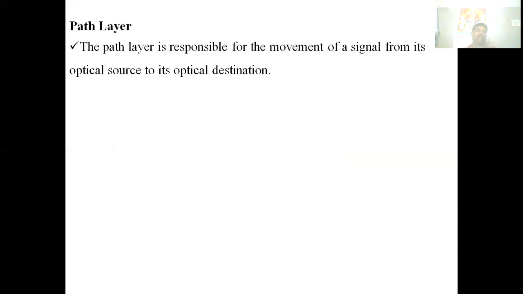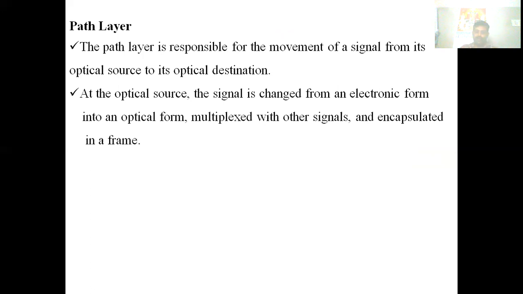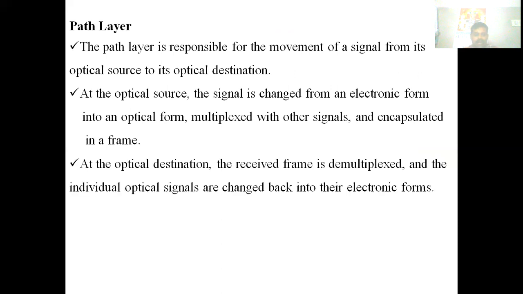First one, path layer. The path layer is responsible for the movement of signals from the optical source to the optical destination. At the optical source, the signal is changed from electronic form to optical form, then multiplexed with other signals and encapsulated into a frame. The path overhead is added in the path layer.